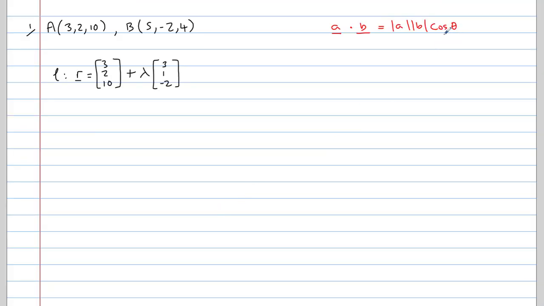So to find the angle between two vectors, we use this formula up here that says if we do A dot B, that's equal to mod A mod B cos theta. So here's the information given in the question, and first of all we need to find out what the vector AB is equal to. And to find AB, we do minus OA